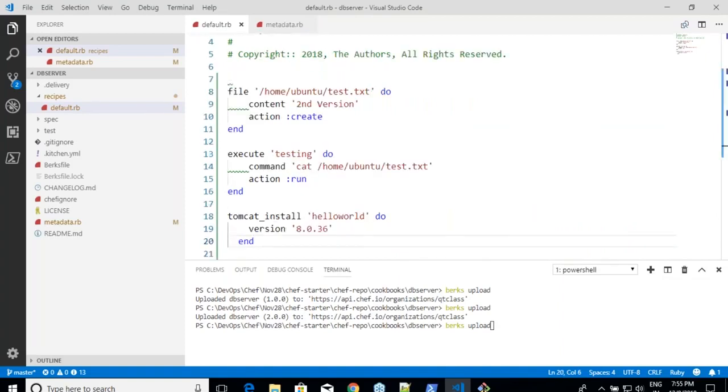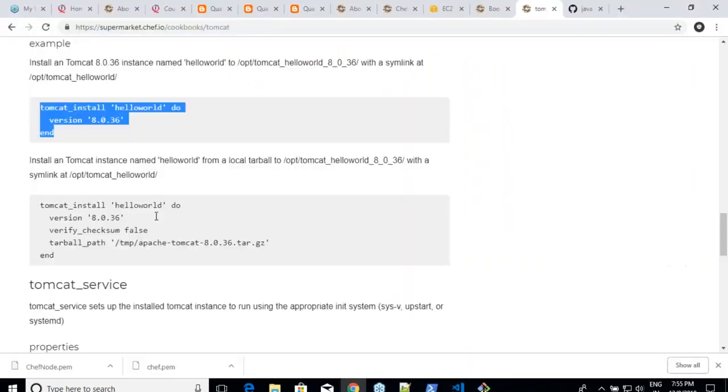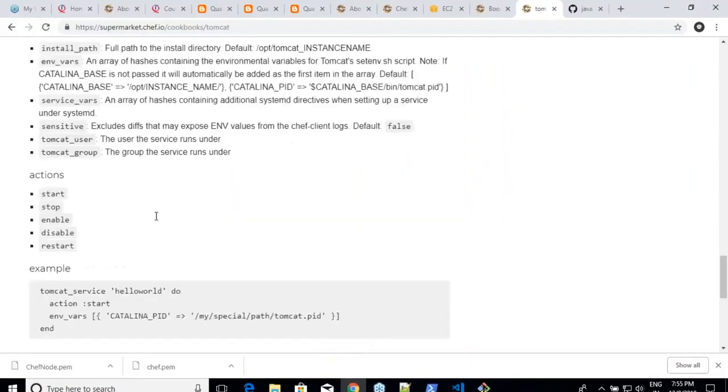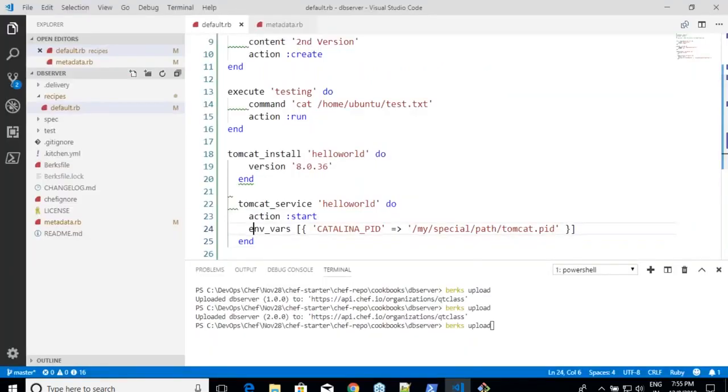Tomcat underscore hello world, and then Tomcat underscore service. I don't want any environment variables. That's it. This will install Tomcat, because you have not done the work. The work is done by someone who has written that cookbook.